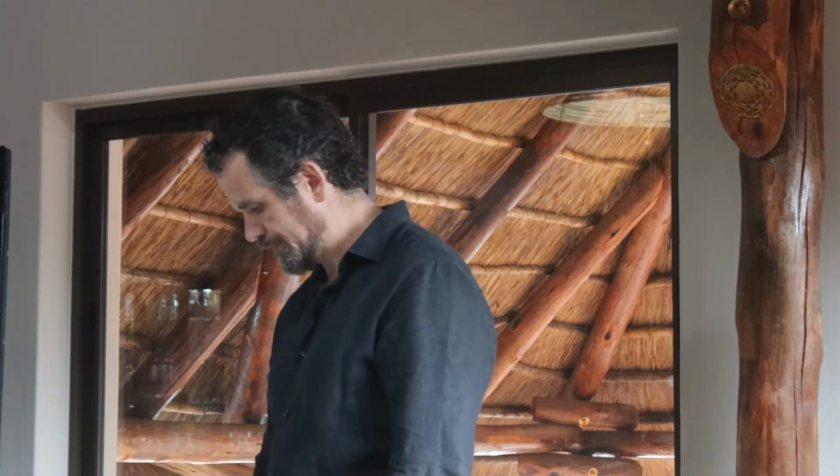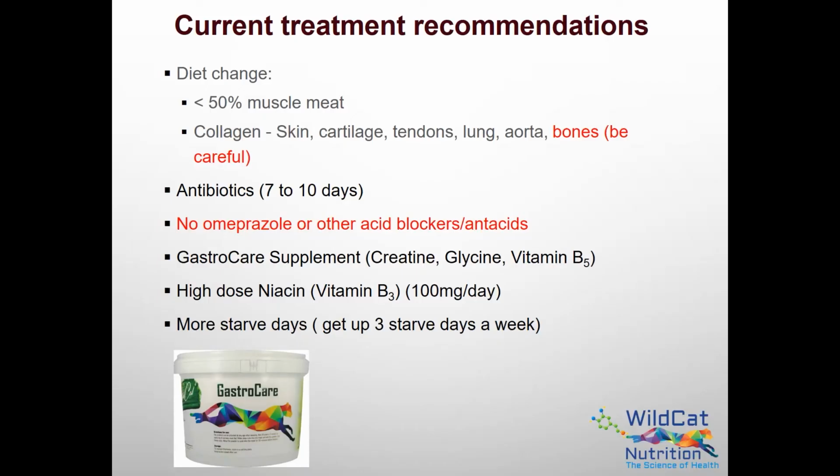And there may also be other components in collagen, because it's not just glycine in there, that may affect the bacterial makeup in the small intestine. And it may actually be other factors in collagen that are adding the extra bit of help in terms of preventing gastritis from developing. So the current real treatment recommendations, or even prevention recommendations, are that the diet shouldn't contain